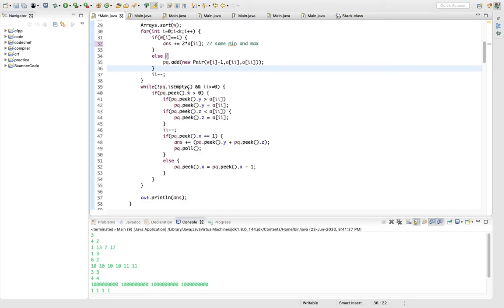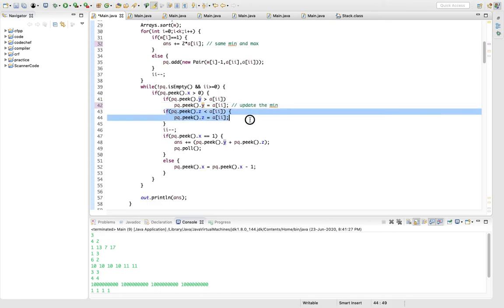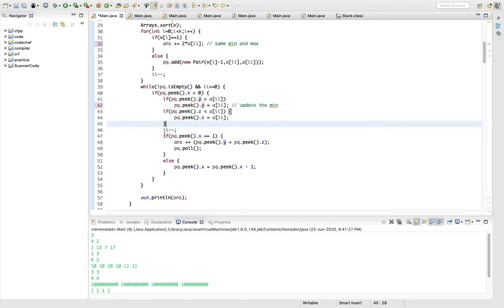And now for each priority queue value, if the current value is not empty, then I will update the min. Suppose I give this value to this one, then if it is less than the min value, it will get updated, and if it is greater than the max value, it will also get updated.